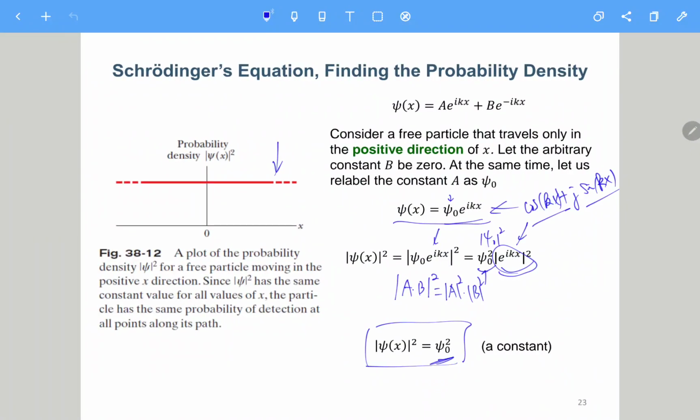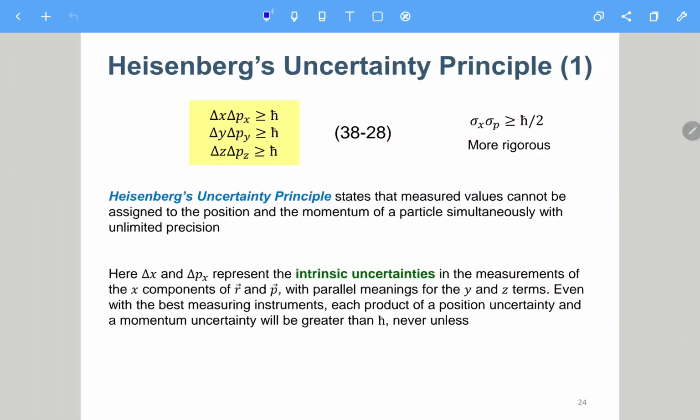So here, it inspires something like the Heisenberg uncertainty principle, because for a free particle, the probability density function is like, oh, you cannot see where it actually is. It's somehow equally probable in the whole space. Actually, we cannot know where it is at a specific moment.